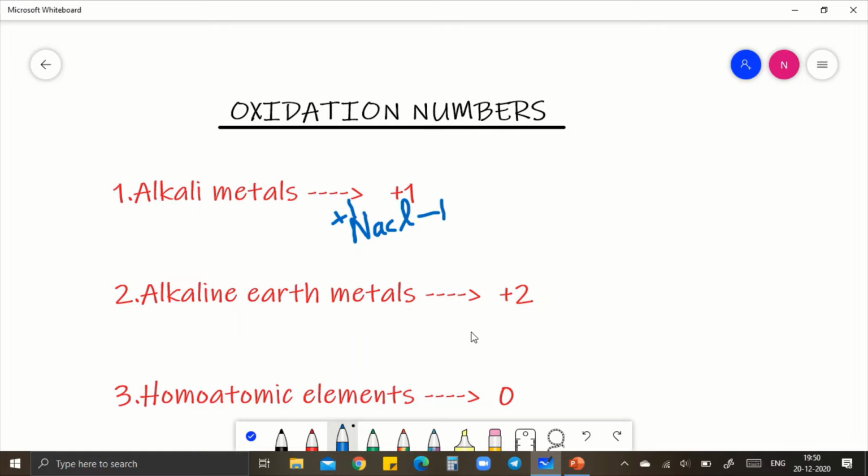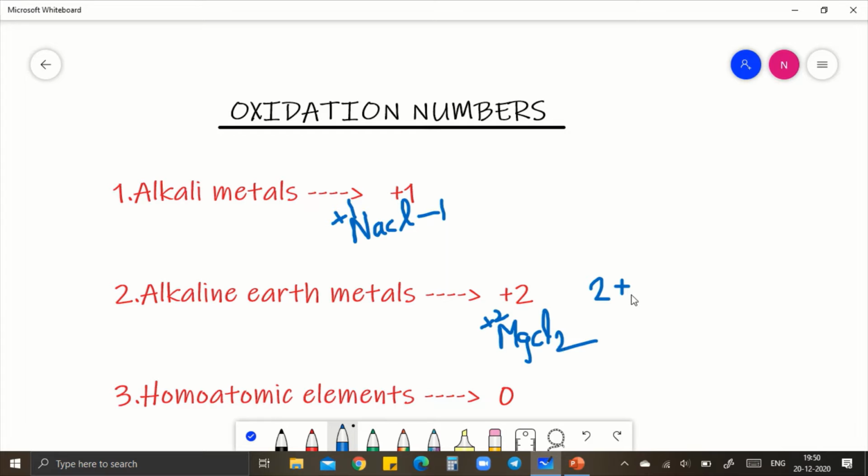Alkaline earth metals exhibit +2 oxidation state. For example, magnesium chloride, MgCl2. Magnesium, beryllium, these exhibit +2 oxidation state. Suppose we have to find the oxidation state of chlorine. Here we know the oxidation state of magnesium is +2. So 2 plus,